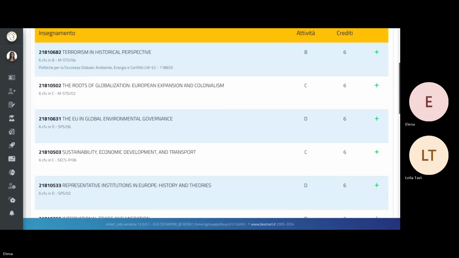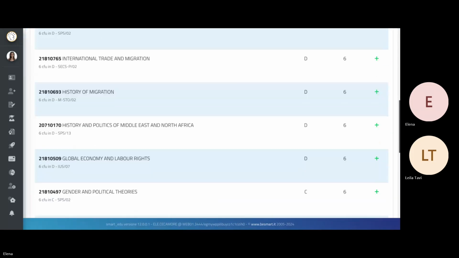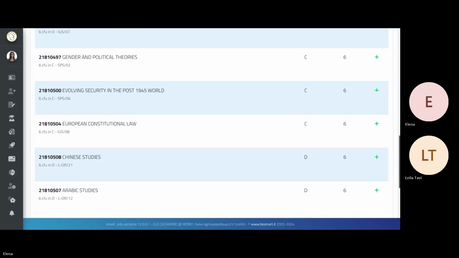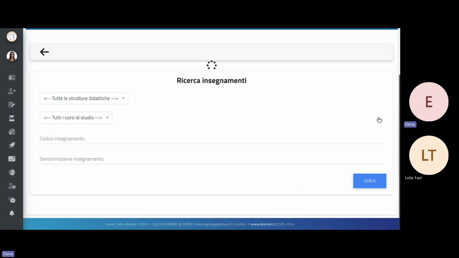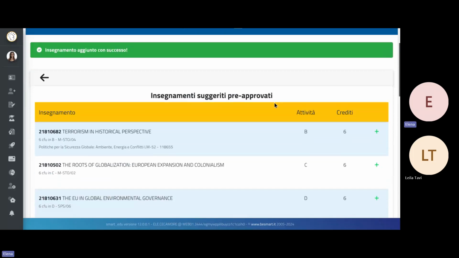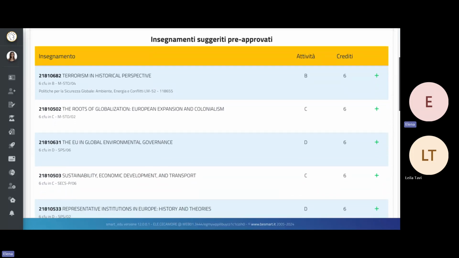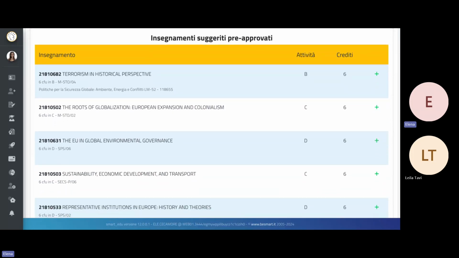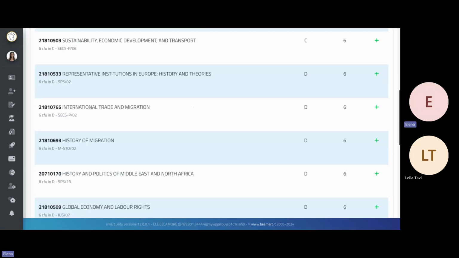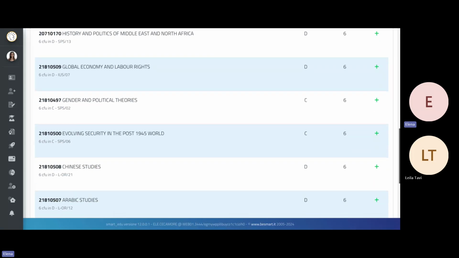I'm going to use multicultural and European constitutional law. As you can see, some of the exams that are listed here were also on the list we saw before, the one we had to choose two other exams from. This allows you to choose among those if you want to do more than just two. And then you will have to choose another one between those. Once you have chosen two,